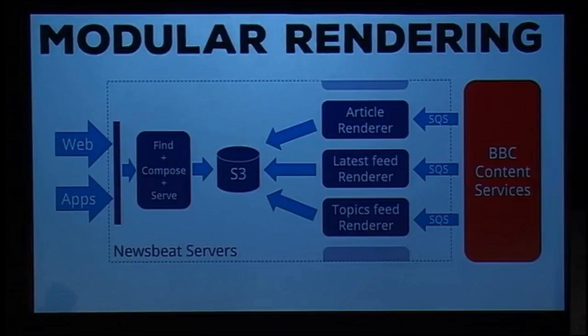We still drastically reduce the number of requests we're making through to the back end here, rather than pulling out 30 bits of content from the BBC content services. To build an article page now, we get, say, the 3 different sections of HTML and glue them together. So, for example, the front end here might go and get the body for the article that's been requested, and the most recent, most popular sidebar, and the most recent latest articles footer, and then just glues them together and